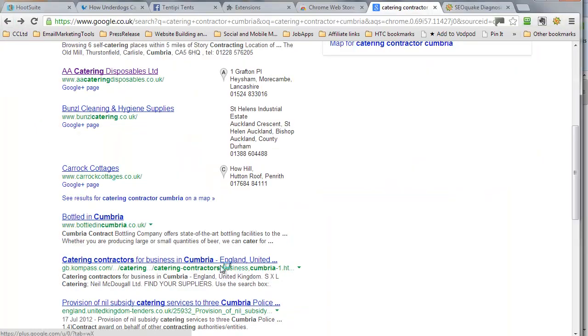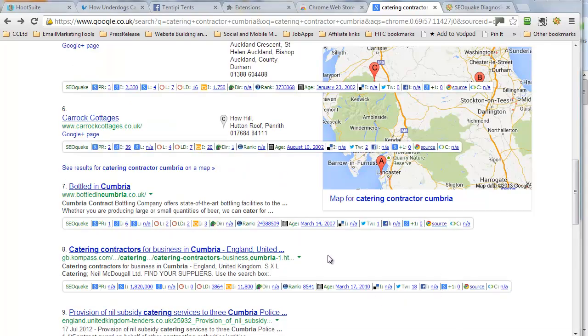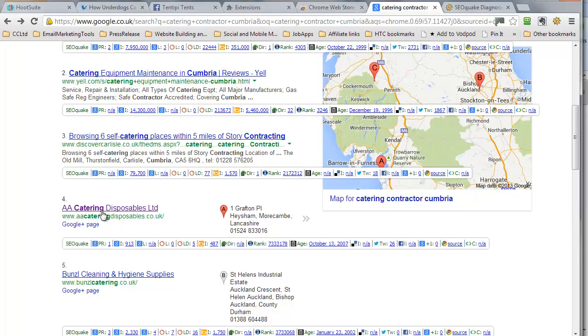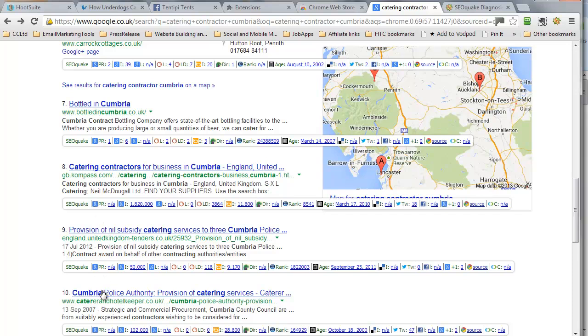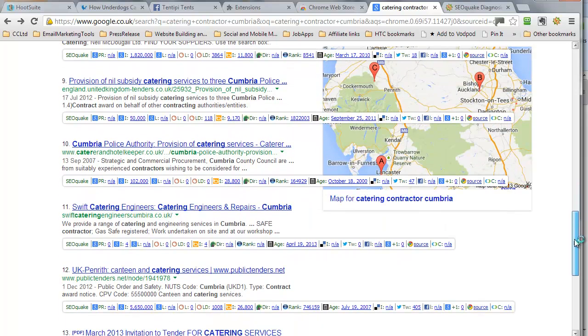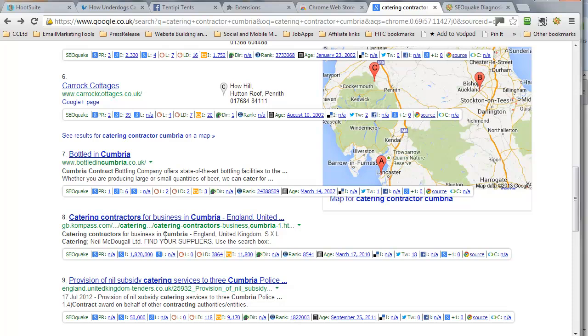This shows up as the snippet in the search usually. So we'll go back to the search results and see if we can find, come on, hurry up page. There you go, we're back on again. It's been about 30 seconds since I paused, and that's how much having this working on the results page can slow the page down. Now actually we won't get the snippet because we pinched it from the local listings, but if you go down here and have a look, I don't think they appear in the organics. No, they're not in the organic listings, but generally speaking that description tag is this snippet that shows up here,